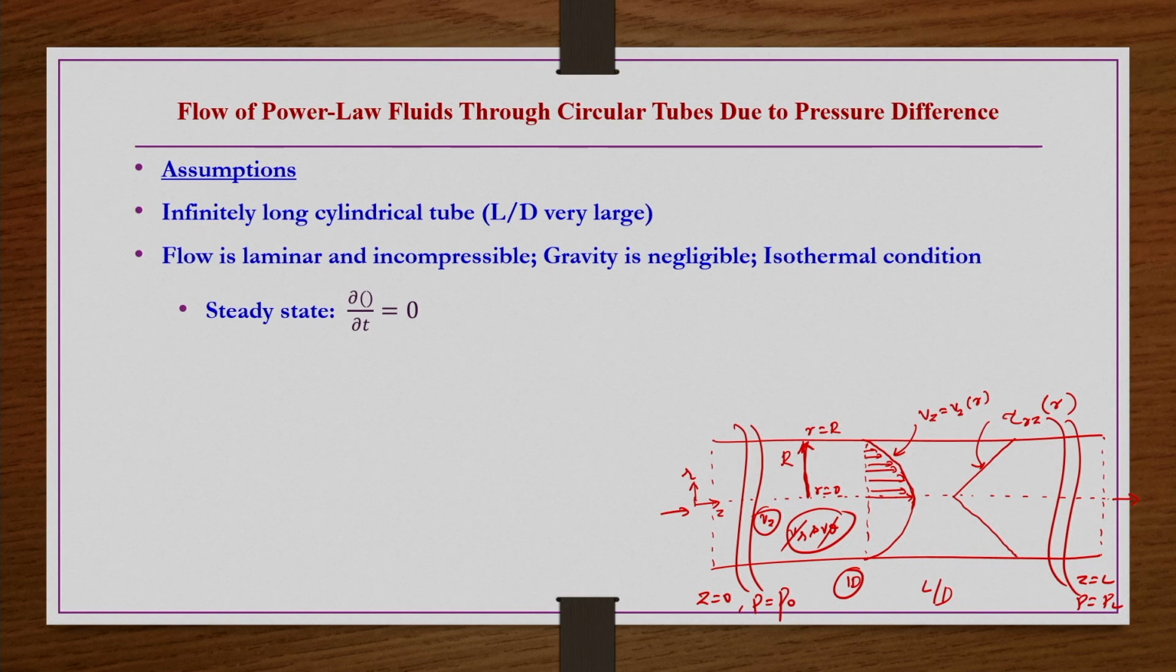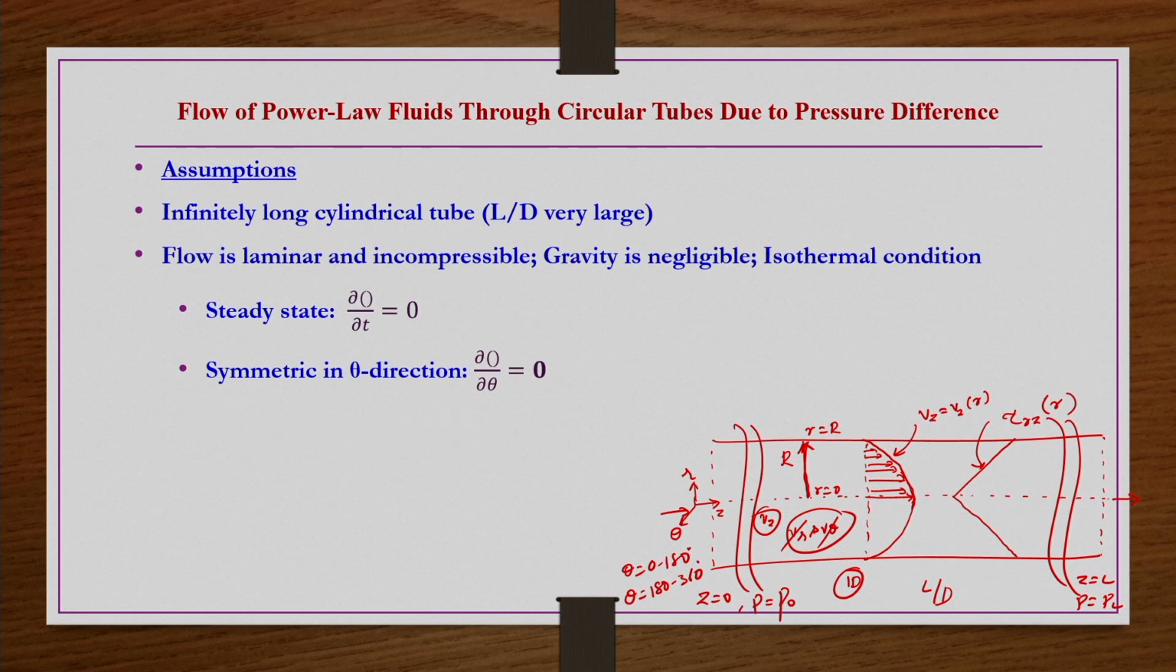Then we are taking steady state, because of which dou by dou t of anything should be 0. And then the velocity profile is going to be symmetric. Now, this is the two dimensional view of the cylindrical tube. If you have a complete picture, then in the theta direction the flow is symmetric. That is, whatever the flow distribution or velocity distribution is between theta equals 0 to 180